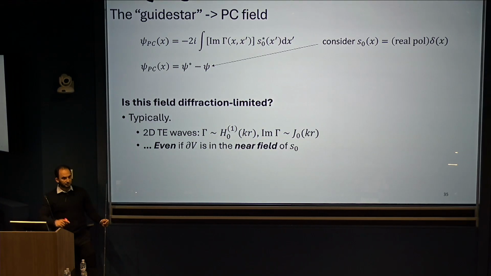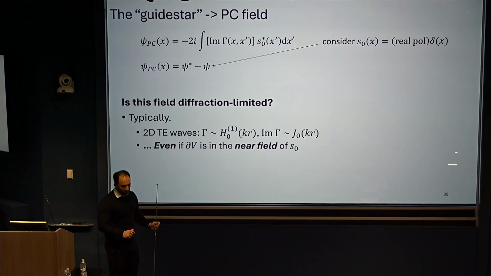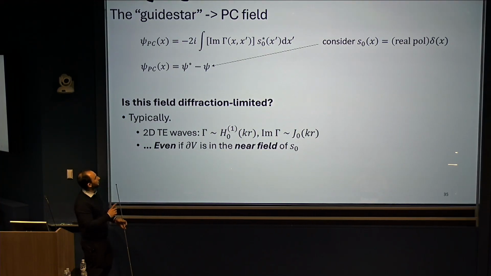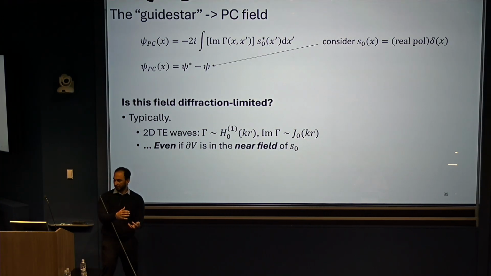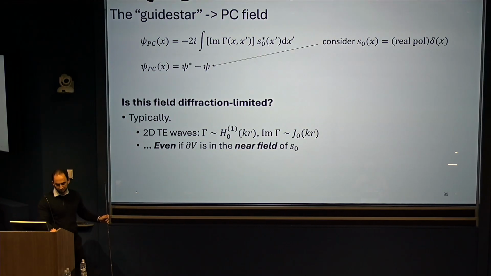You need the sink. Let me explain this in two ways. One is, in the process of time reversal, you have to conjugate the original fields and you conjugate the exterior fields. If you conjugate everything at once, the conjugate of a divergent field is still divergent. That divergence never came from conjugating the exterior fields. It entirely came from conjugating the interior fields, which act exactly as this sink.